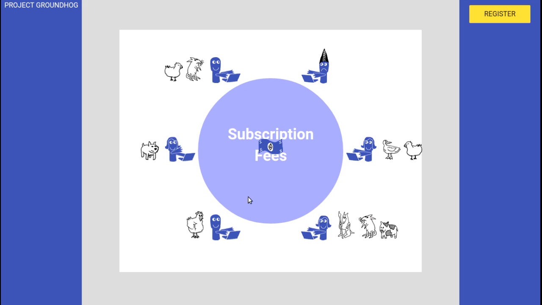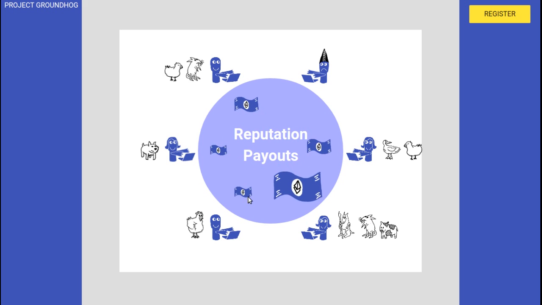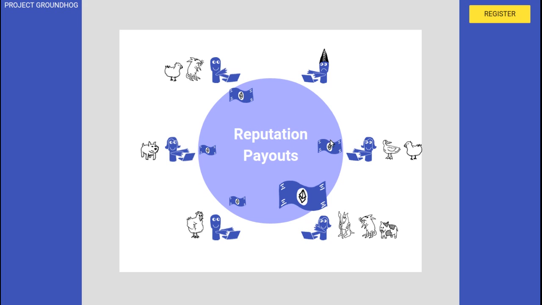100% of these subscriptions will then get paid back to users, and they get paid back in proportion to their reputation. So this person here with these 3 animals has a very high reputation, so they get a lot of money. That means they actually earned a profit by using the social network. These 2 people got just as much money back as they put in, so they broke even. These 2 people got less money than what they put in, but maybe that's okay because people posted great stories to their feeds, so they don't mind putting in a little money because they don't have the time to give good content to other people to boost their reputation. And then of course the spammer gets nothing, and they have forfeited their deposit by their bad actions.